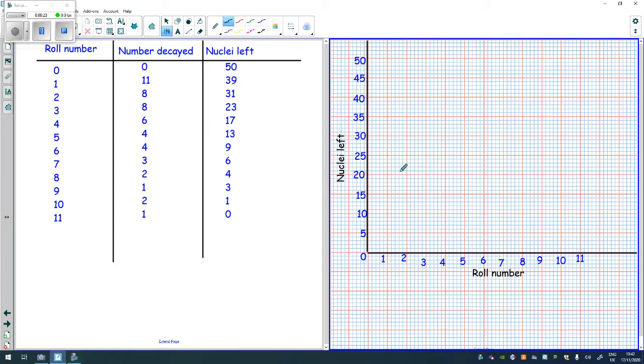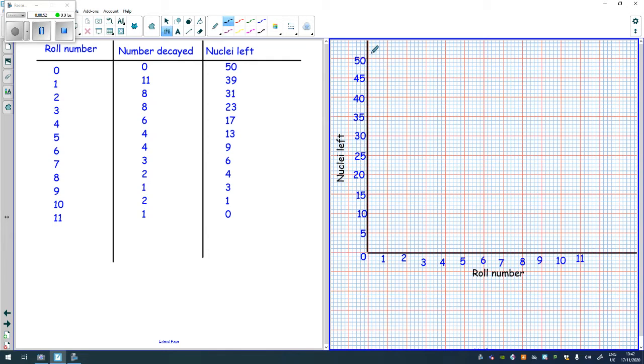So all I'm going to do is go through and plot little crosses. I know I showed you the little dice at the bottom and that looks like a bar chart, but we want to do this as a line graph because we've got continuous variables on our bottom and our side axis, so our x and our y axis. Because our independent and dependent variables are continuous, so numbers, we are going to